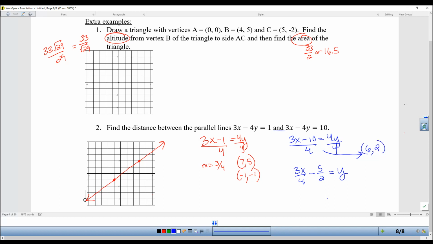But again, if you're thinking that wasn't really very convenient, then let's see if we can find another one. Yeah, 2. 6 minus 10 is -4. Over 4 is -1. So 2, -1,